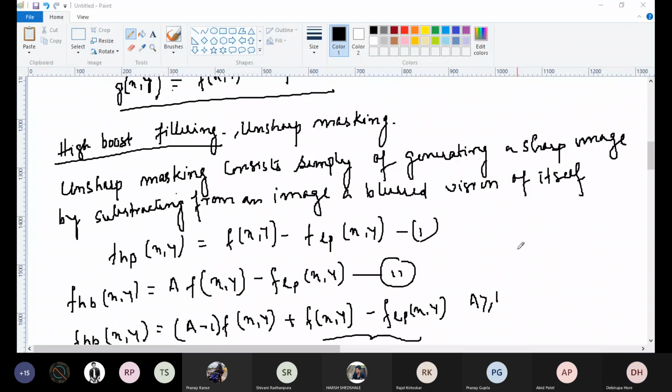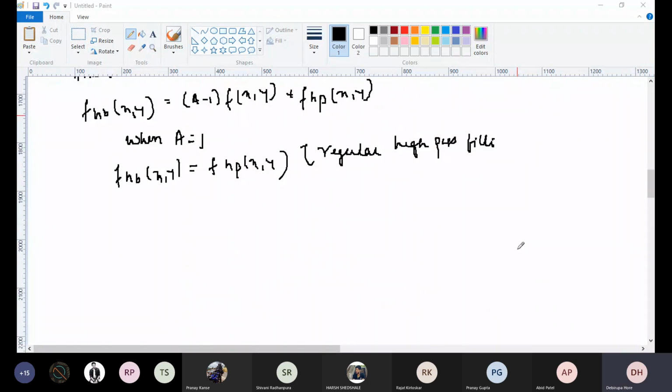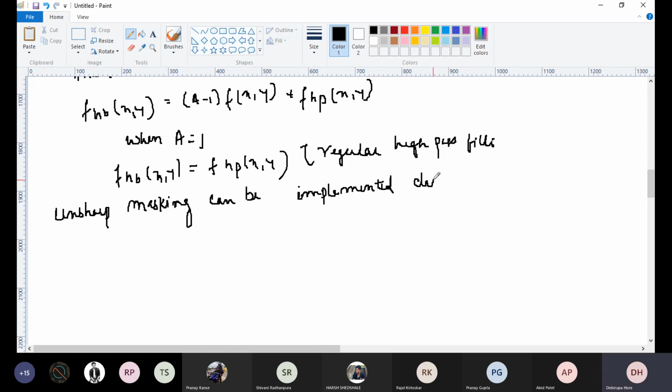Okay. So this is the high boost filtering that is almost equivalent to regular high pass filtering if the value of the scaling factor is 1. So the unsharp masking can be implemented directly in the frequency domain,